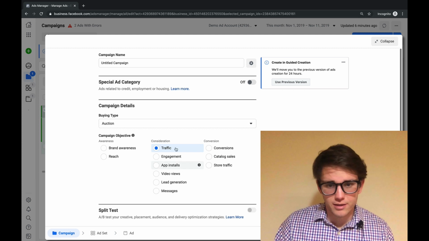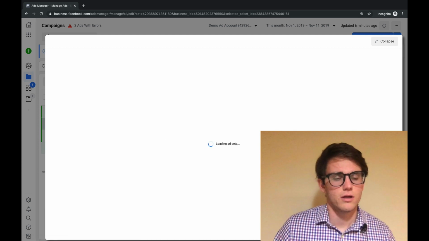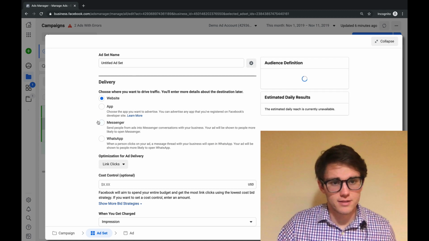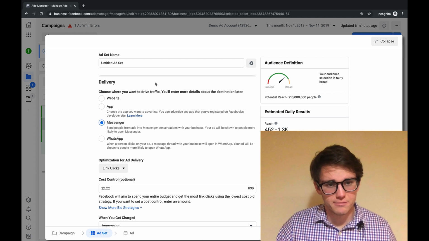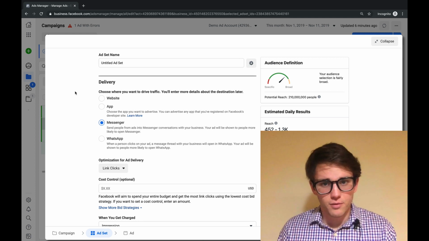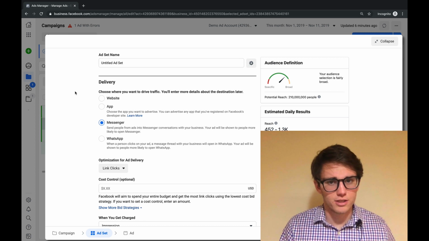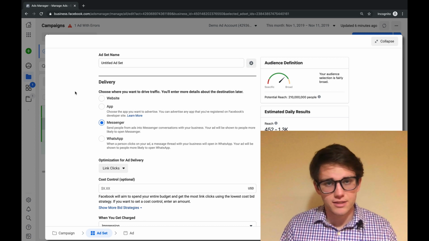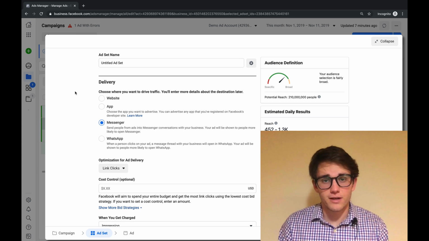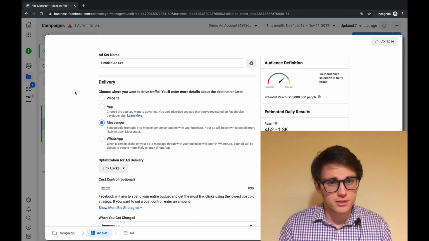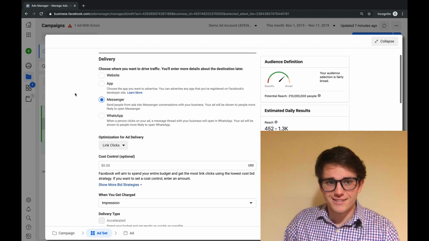So once you click, let's say that we want to do a traffic campaign. We want to send traffic to Messenger. This is the campaign that I run for all of my clients. It's called the Cost Calculator campaign. And in it, what we do is send people through an automated bot conversation that allows them to get an idea of how much their cost for orthodontic treatment is going to be. It's super effective, and it gets new patients on autopilot for all of our clients,